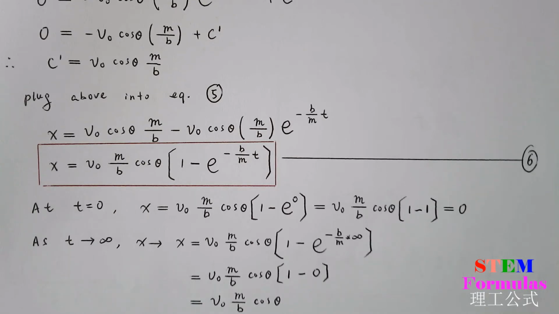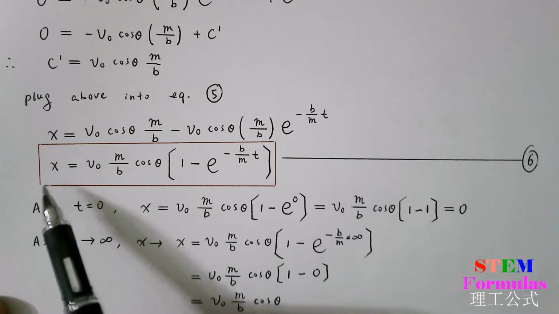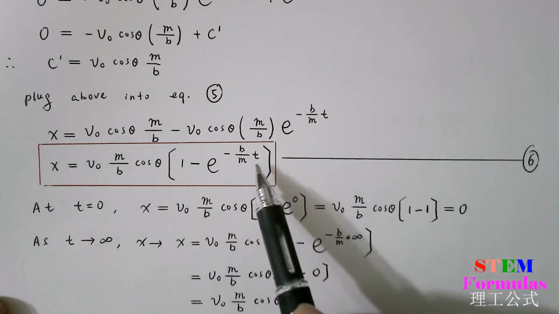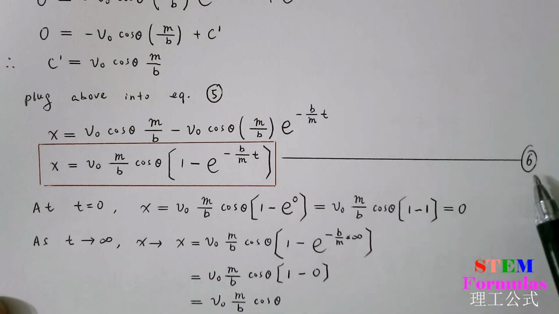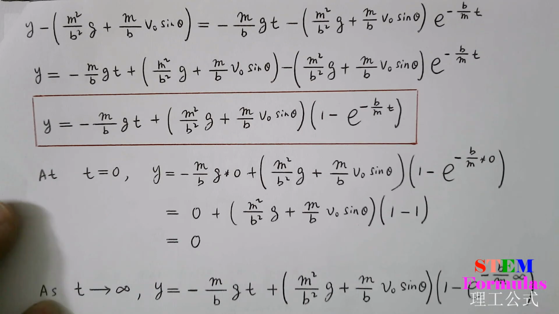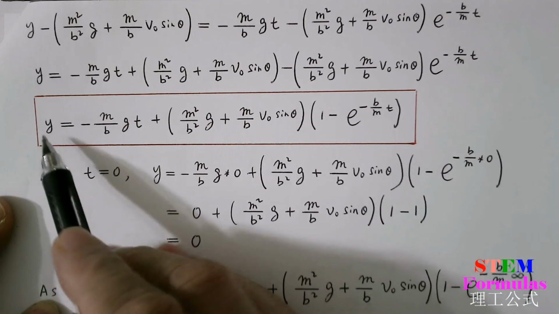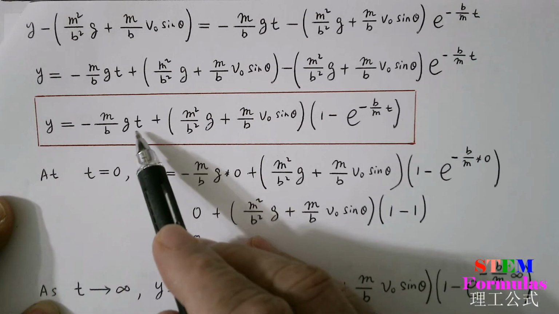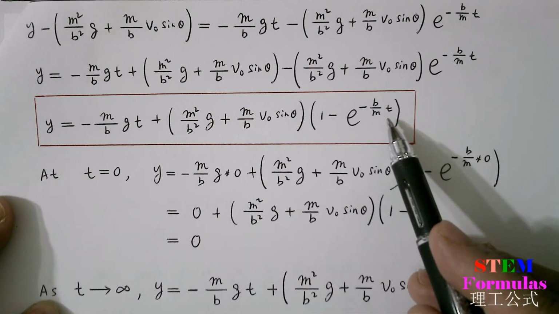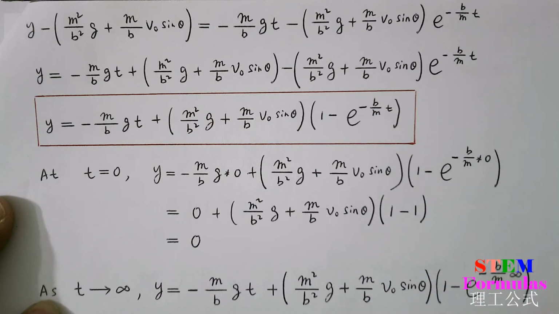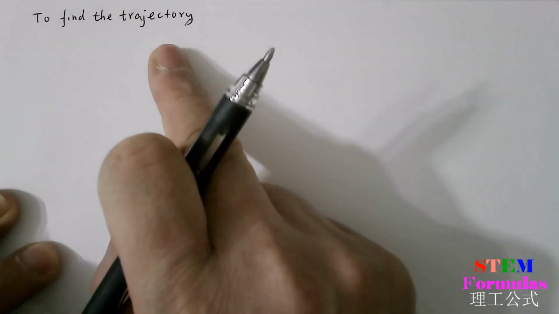In the previous videos, we have found the position x as a function of time. This is equation 6. We have also found the position y as a function of time, t. From these two equations, we can find the trajectory of the projectile with air resistance. To find the trajectory, from equation 6,